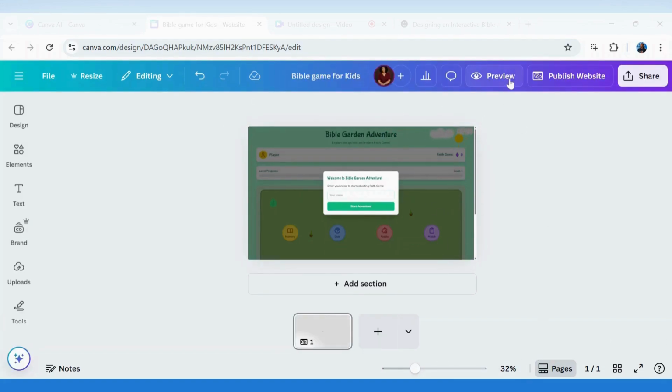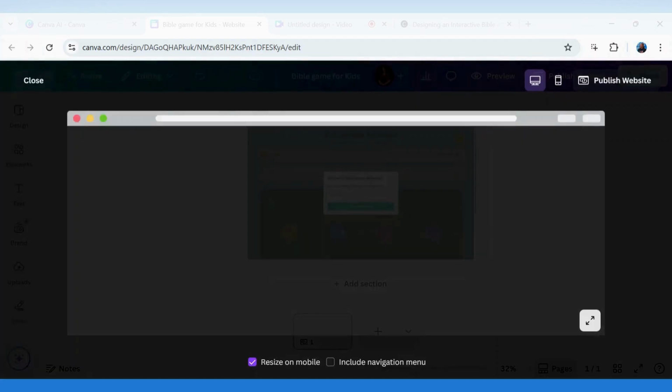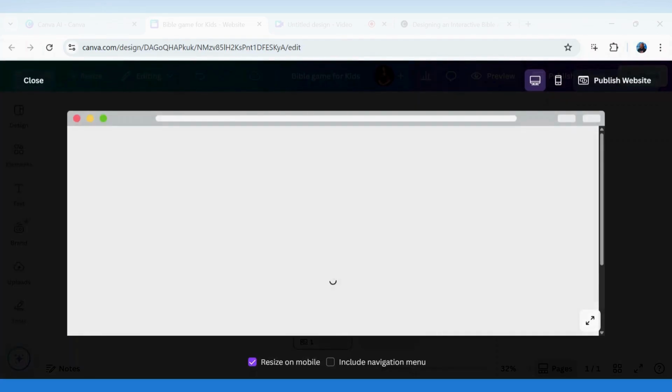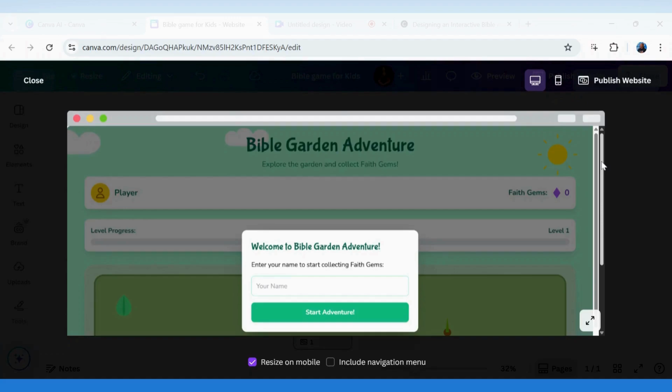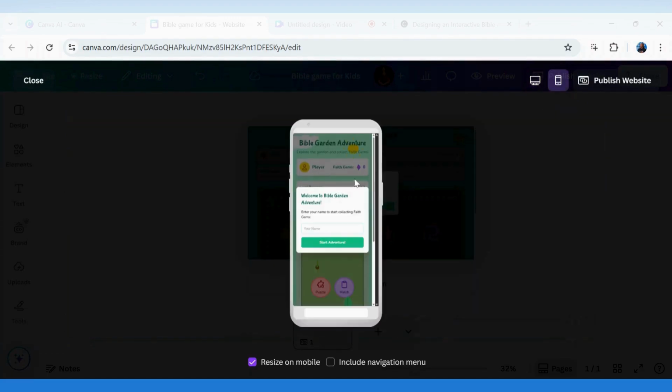The next thing we can do is we can preview this before publishing as a website, because once you publish as a website, any other person can access it. So this is a preview of what it will look like on the desktop, and this is the mobile version. This is what it will look like when viewed in a mobile. So I'll close this